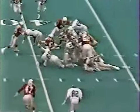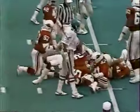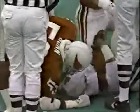Haddix goes in motion, makes the block, and Crawford leaps over the 40-yard line. Buddy Ryan really likes this young man out of Oklahoma State. He went to about 5 different schools. But I'll tell you one thing, he's 240 pounds and has trouble staying at 240. Yeah, but he's the kind of guy, if he got to 250, then he probably would no longer be a